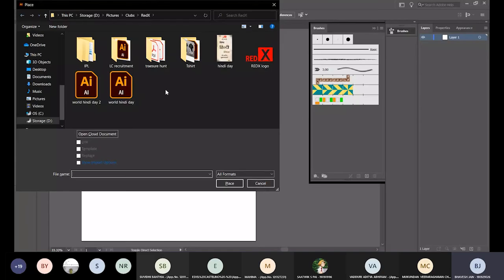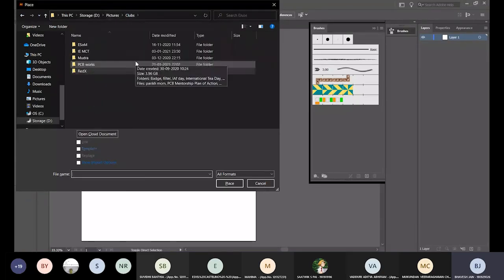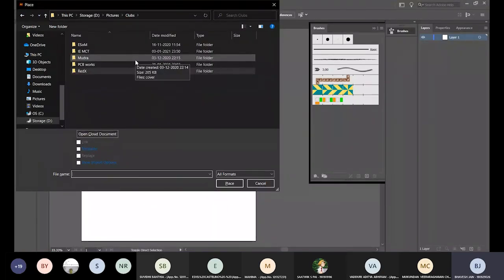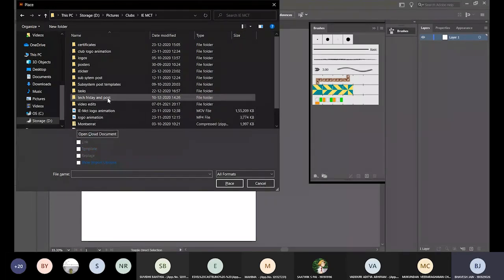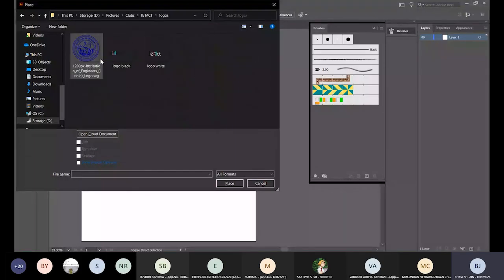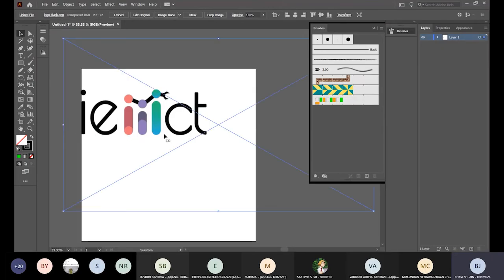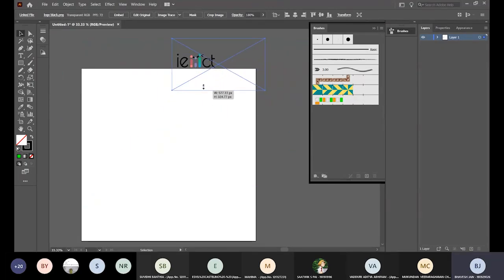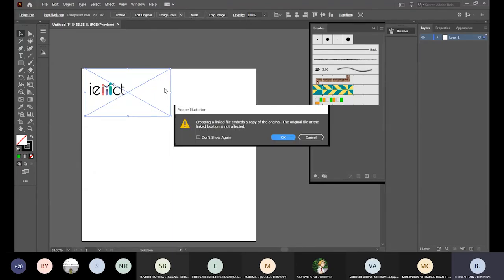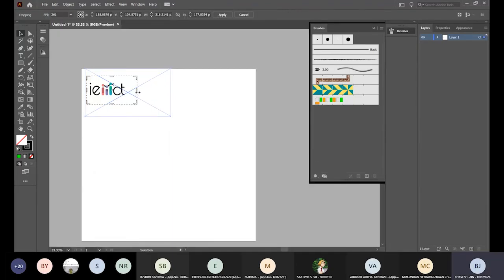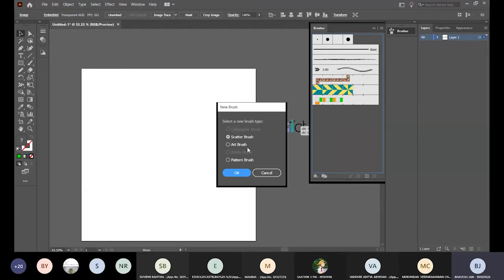So first I place the image. We can do that by using Control Shift P. But more about that, I'll go into the depth of that tomorrow only. So don't worry. And where are the logos? Yeah, here are the logos. Black logo. Yep. So now we have a logo over here. I'll make it a little bit smaller. I crop the image a bit. Okay. Chalo. And I drag this over here. Now it will ask again the same three things.